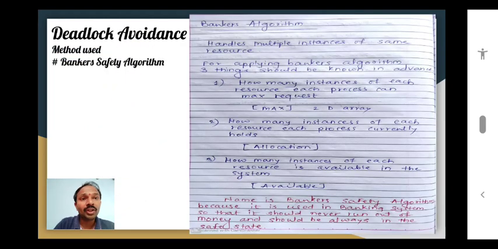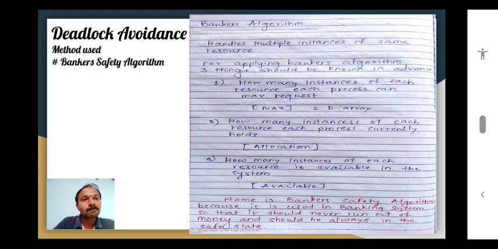Now we are more interested in solving the problem of deadlock. In deadlock avoidance, we are avoiding the deadlock by finding out the safe sequence of the processes, so that the cycle will not get formed, even when a resource has more than one instance. For applying Banker's algorithm, three things should be known in advance.